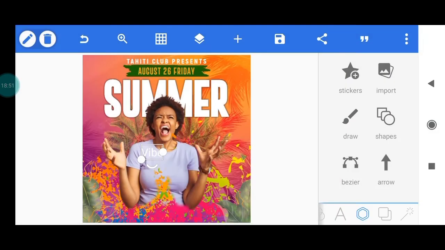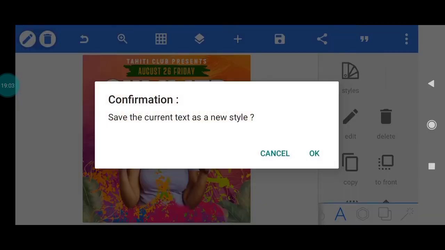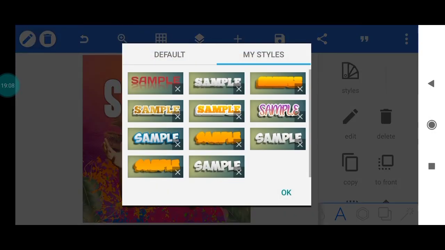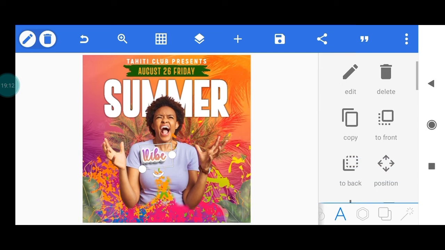So I already have a style that I've created on Pixellab, and I'll leave a link in the description of a video that will show you how to create styles on Pixellab and how to apply this particular style as well. So we have the style under my styles, and I have it here, and I apply it to this,